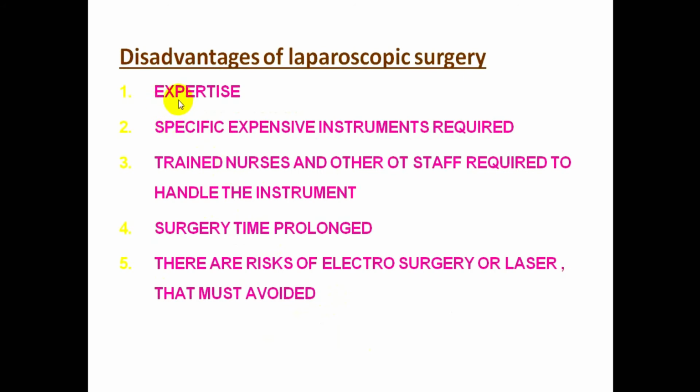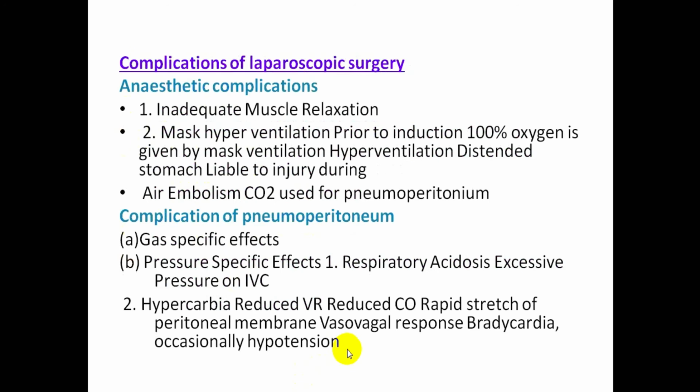Disadvantages of laparoscopy: less experience, specific expensive instruments required, trained nursing and other staff in the theater, and prolonged surgery time. There are risks of electrosurgery or laser that must be avoided. Another complication, anesthetic complication, as with any surgical procedure: inadequate muscle relaxation, mask hyperventilation, air embolism. Another is also related to anesthesia complication on pneumoperitoneum, gas-specific effect, pressure effect of